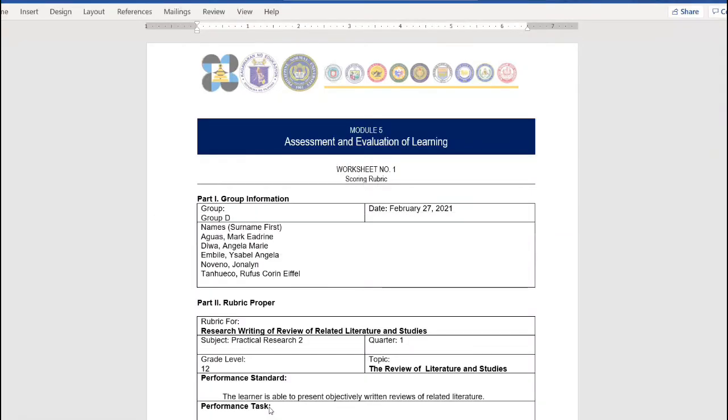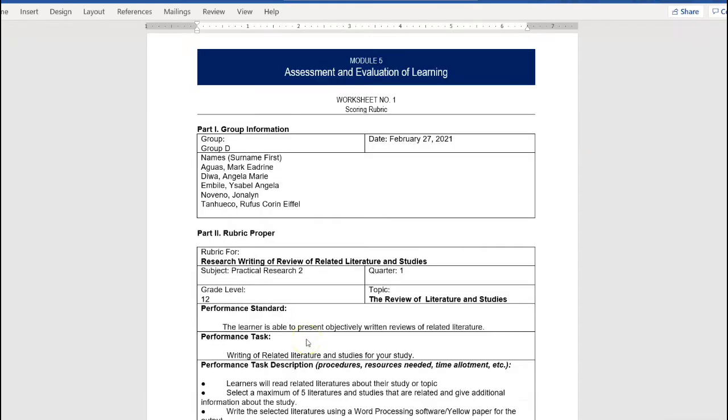And now here it is, our output for worksheet number 1, scoring rubric. As I mentioned a while ago, my group mates and I followed the different steps given to us by our facilitator. For step number 1, which is a learning competency from the curriculum guide, yes, we did that. This rubric is for the research writing of review of related literature and studies, and the subject that we chose was Practical Research 2 of Grade 12, under quarter 1 with the topic the review of